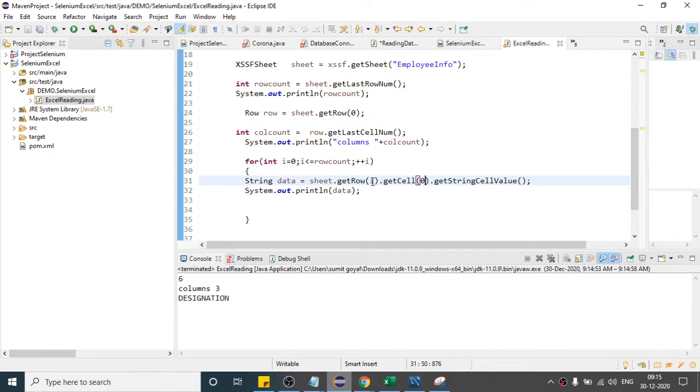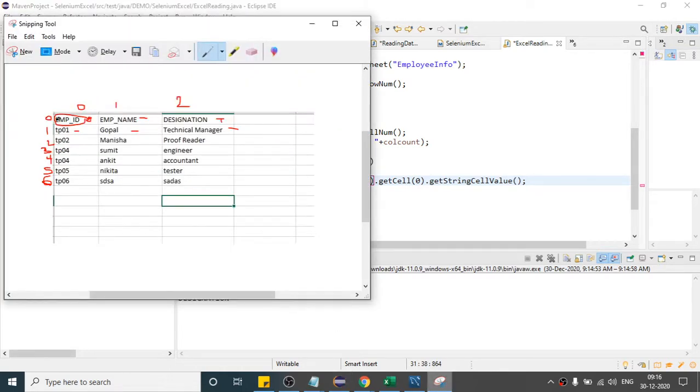So first is 0, 0, then the i value will become 1, 0, 2, 0, 3, 0, 4, 0, 5, 0, 6, 0, right? So how it will print? It will simply print this data: 0 0, 1 0, 2 0, 3 0, 4 0, 5 0 and 6 0, right?